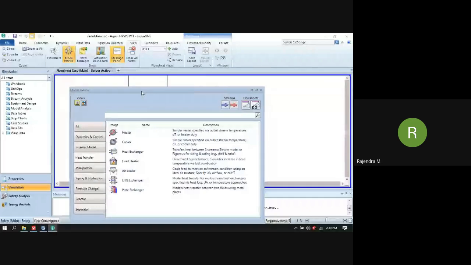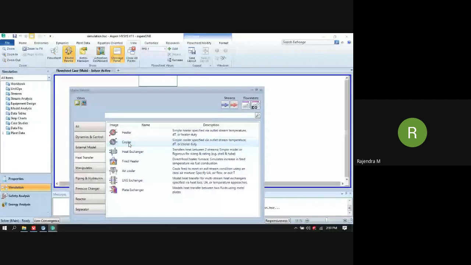So first is a heater. Here we add the energy stream to the particular fluid. It means that we will increase the temperature of the process fluid. That's when we select the heater. In the other case, there is the cooler.